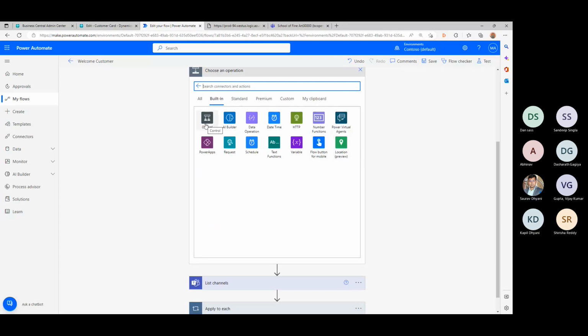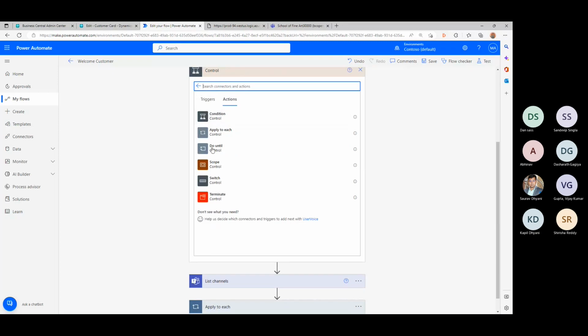These are the options. Terminal: what is terminal? Terminate the execution of a run. Okay. Switch: single case to execute based on the evaluation, which you have tried. There is no way. Scope. Do until.